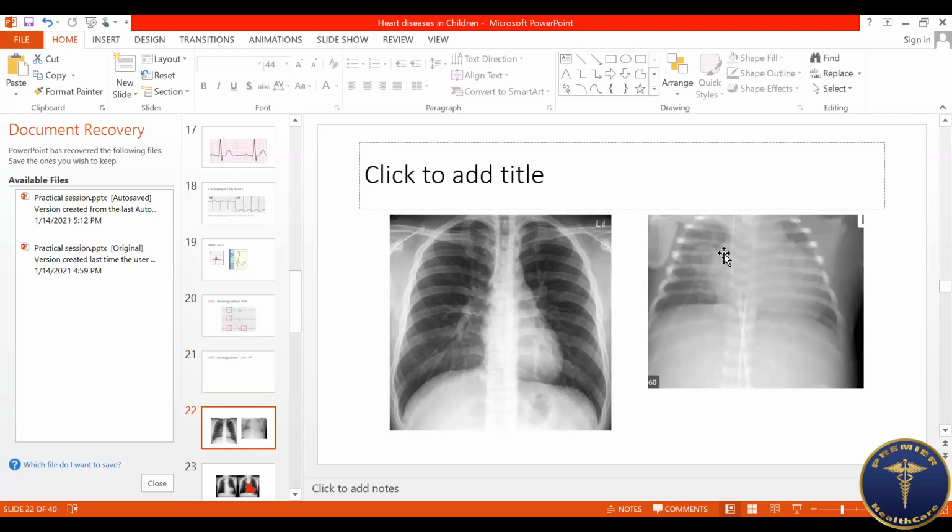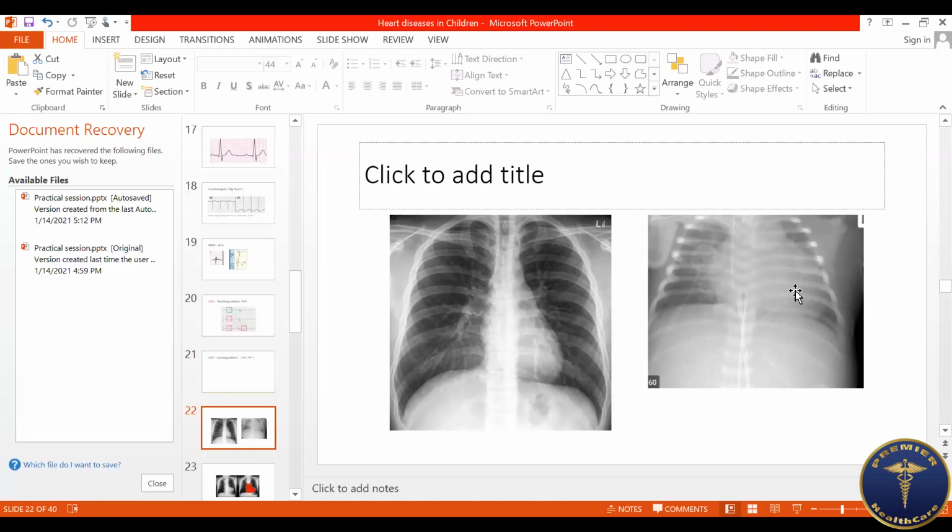Now compared to that, can you see the other X-ray? The heart is big. The heart is almost filling the whole chest, isn't it? So this is called what? Cardiomegaly, right? Cardiomegaly can be detected by doing a chest X-ray. So a chest X-ray will tell us that it's cardiomegaly. Was that understood? If you see something like the second X-ray, you would say, okay, this child has got